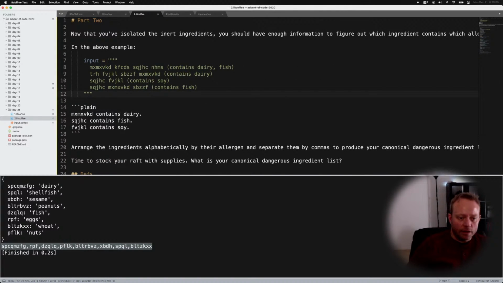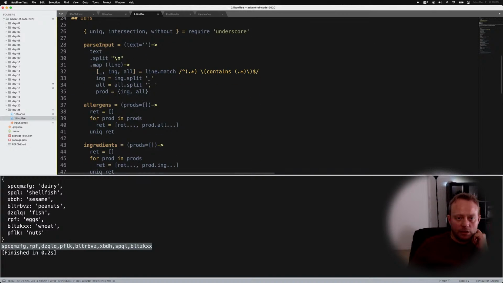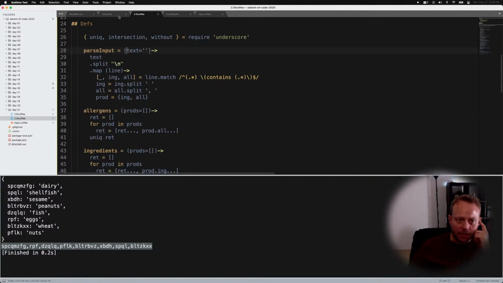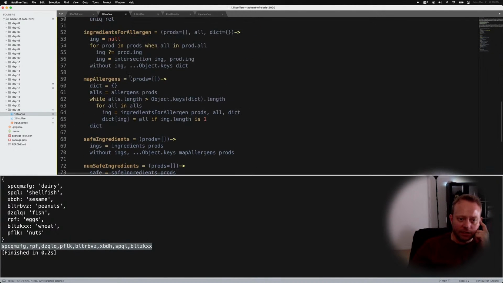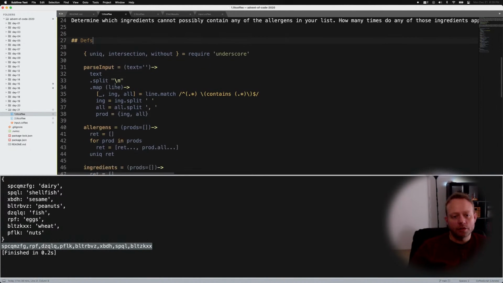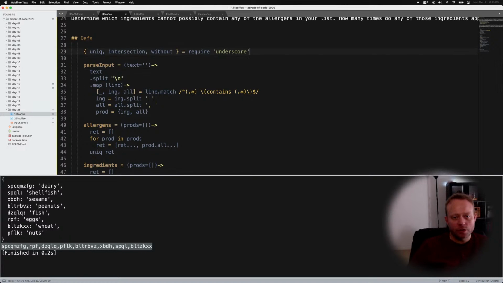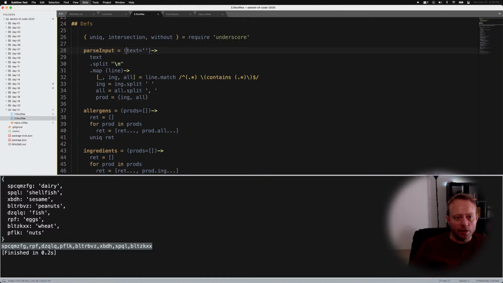All right, so let's take a look at these and see what we're doing. So we're using unique for the allergens. I mean, we could just not do that by doing this manually, but I don't care to do that. So really the two files are very similar, except we added a method to the second file. So let's go through file 1. So we're using underscore because of these nice intersection and without, and